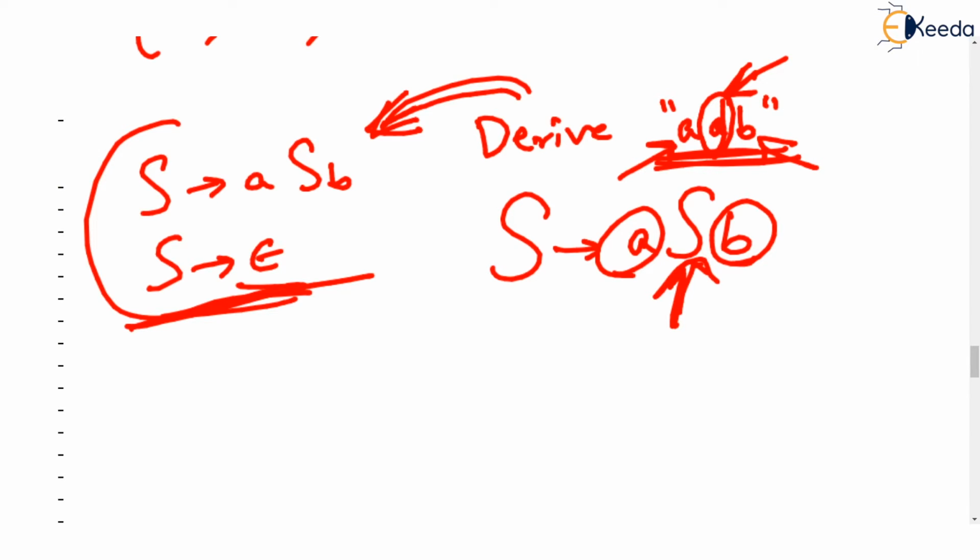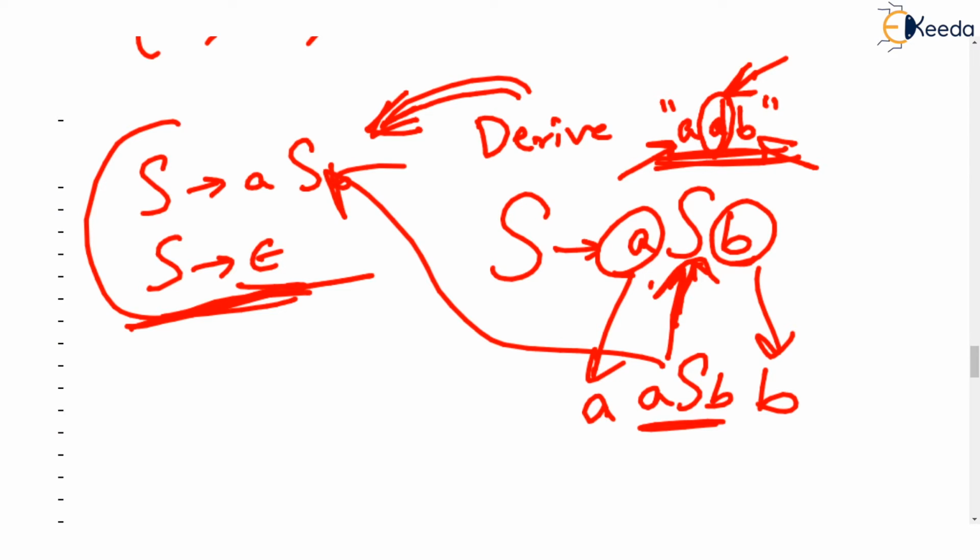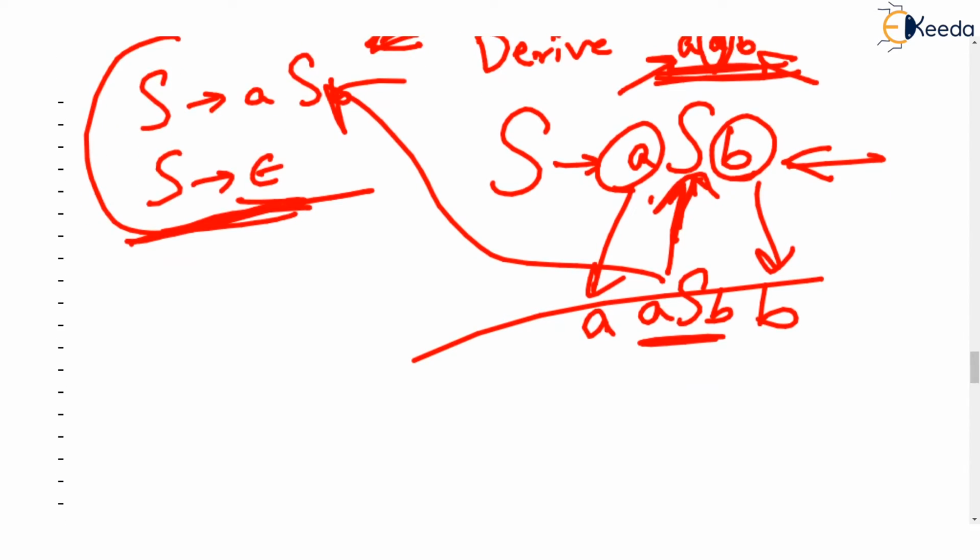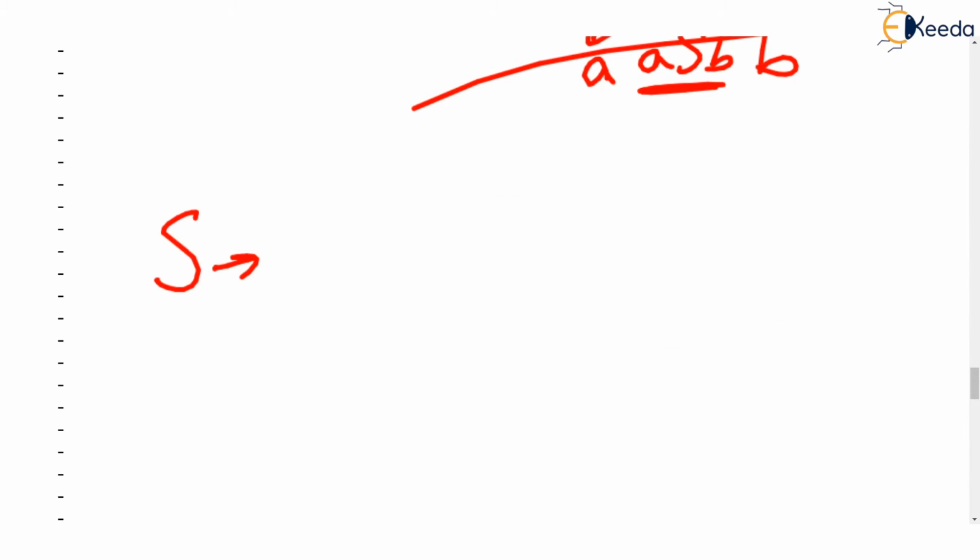Well, you can replace this S with ASB, keeping this A and B intact as they are, because that's the only production given, isn't it? You do not have S getting replaced with a single A. That means you are knocked out. You cannot now derive this single A and you are locked at this step. You can say that double A followed by B cannot be derived. For instance, if you are given the same grammar, I am sticking to the same thing, and if you are asked, can you derive this string?